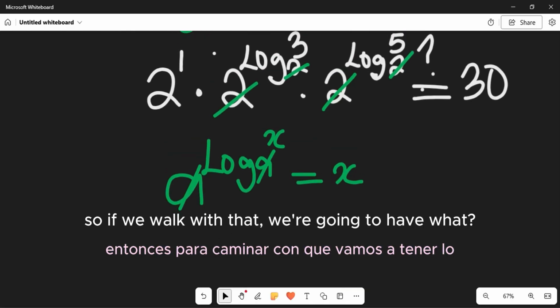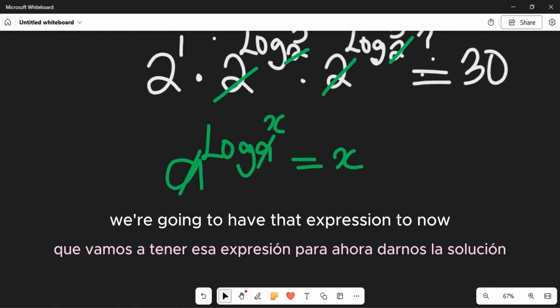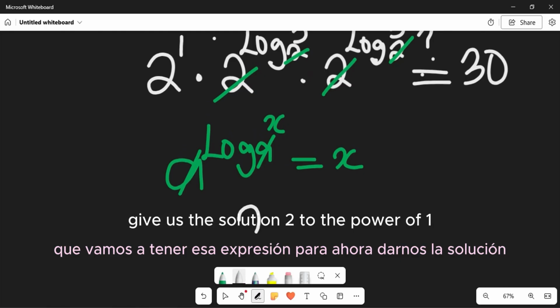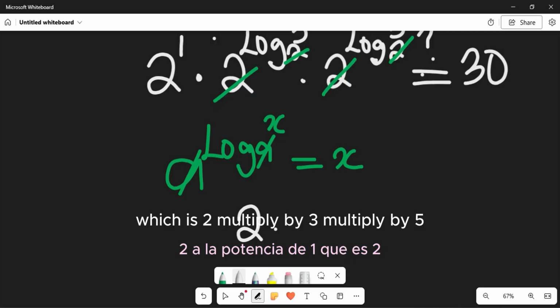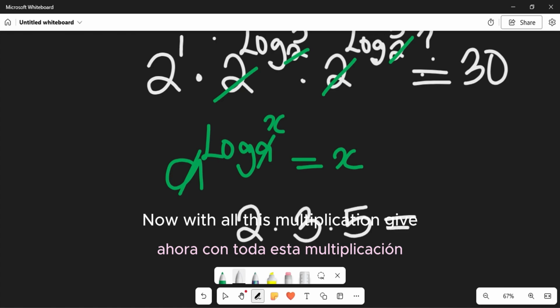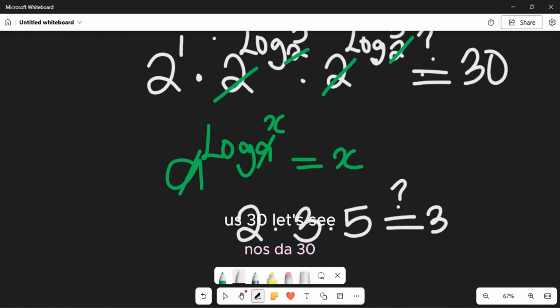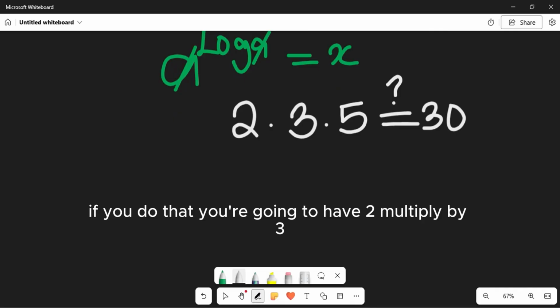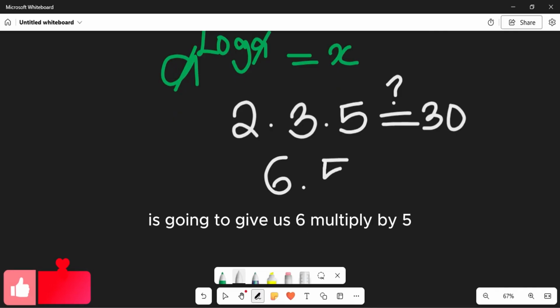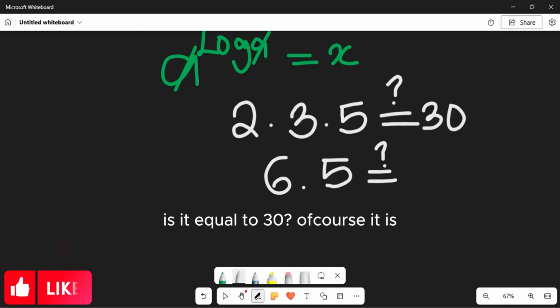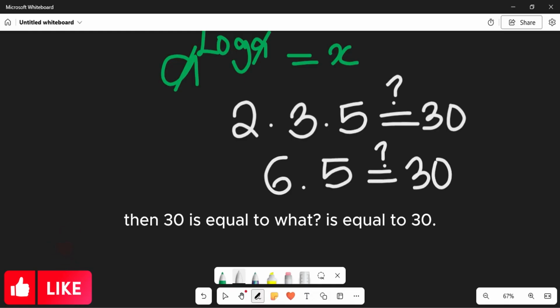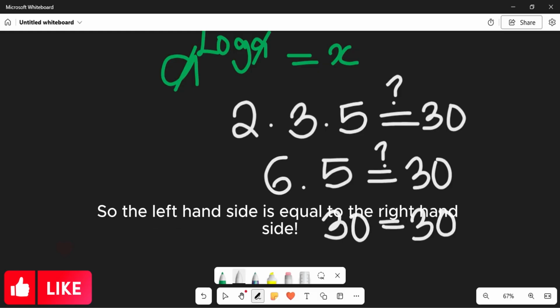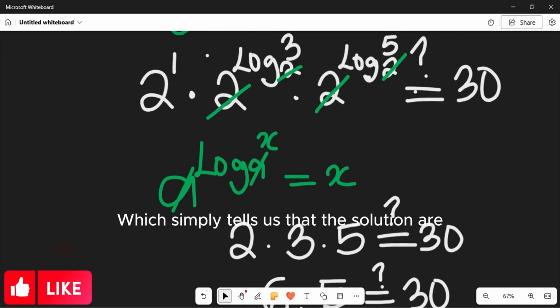So if we work with that, we are going to have that expression give us the solution, 2 to the power of 1, which is 2, multiplied by 3, multiplied by 5. Now will all this multiplication give us 30? Let's see. If you do that, 2 multiplied by 3 gives us 6, multiplied by 5. Is it equal to 30? Of course it is. Then 30 is equal to 30. So the left hand side is equal to the right hand side, which simply tells us